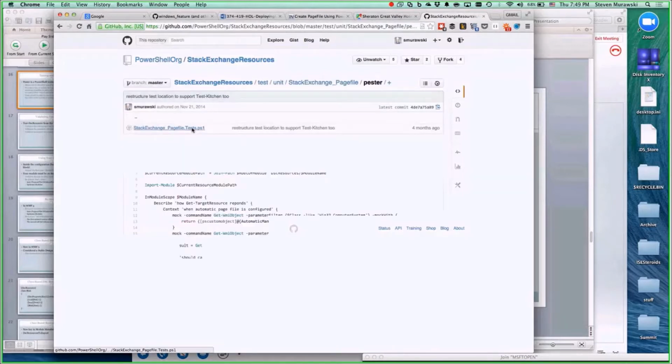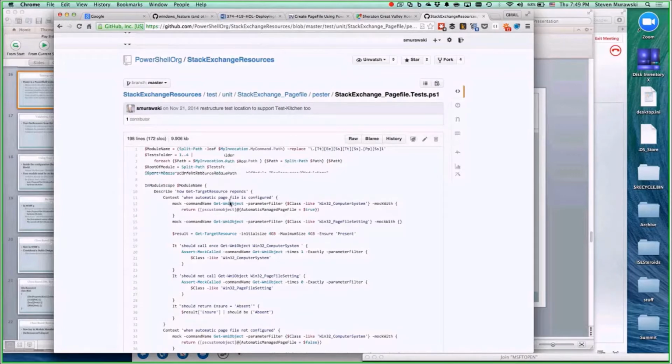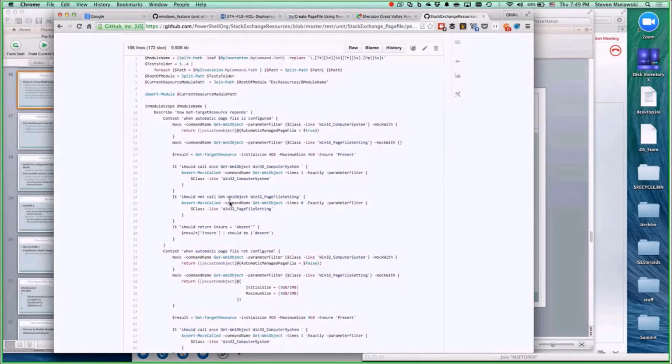Where you can basically set up a list of expectations of how your commands are going to respond, and Pester allows you to mock out commands, like say Get-WMIObject, so you're not actually affecting your system state. Because hey, I'm developing a page file resource, and it'd be really nice if when I test the logic of how my command works,